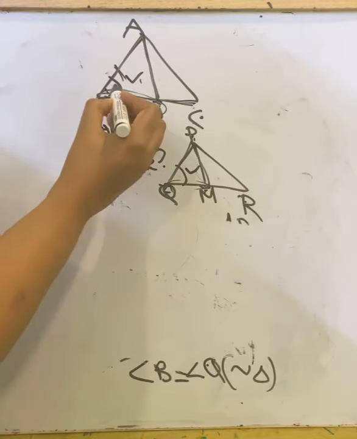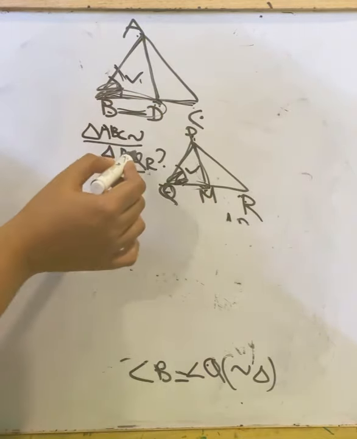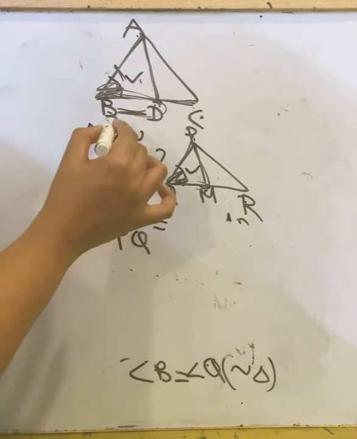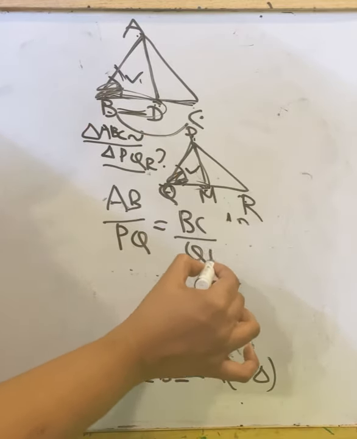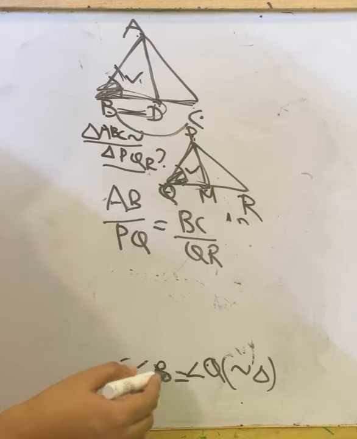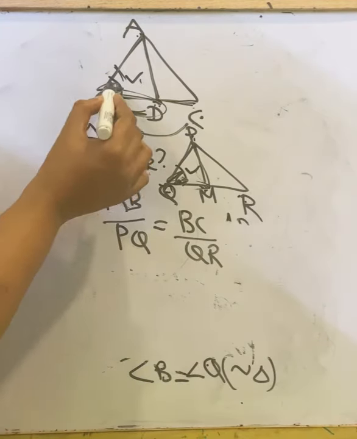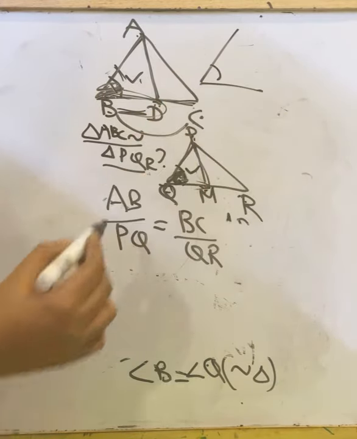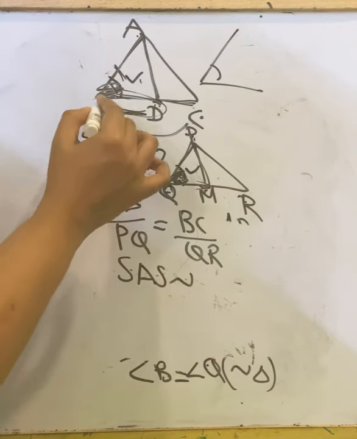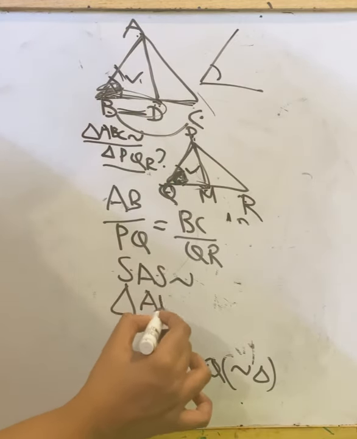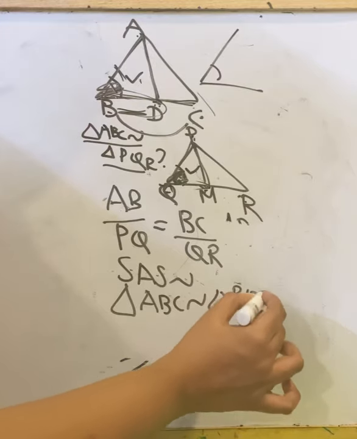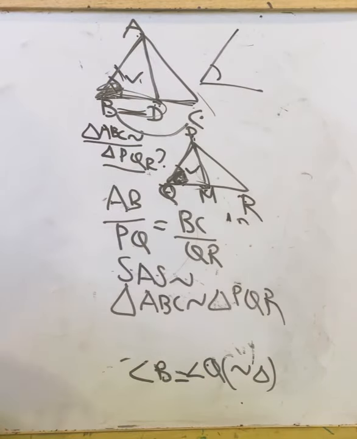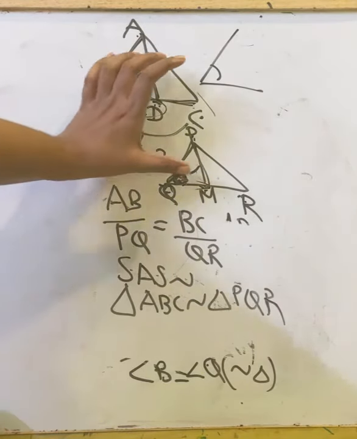Checking with it, we got angle B equals angle Q, and we already have in the question AB by PQ equals BC by QR. This is given in the question. And we now got angle B and angle Q equal. These angles are in the position of included angles. So side, angle, side: SAS similarity, we can say the whole triangle ABC is similar to triangle PQR. So what we did: first we considered only half of the triangle, and from that we found, according to SSS similarity, these triangles are similar.